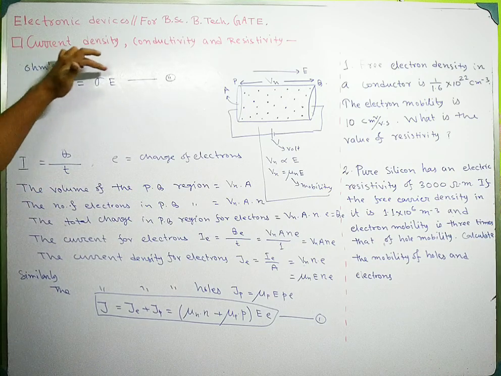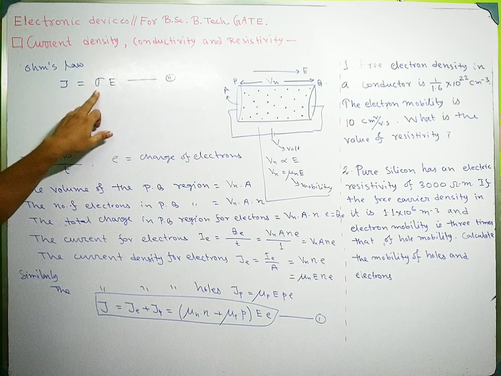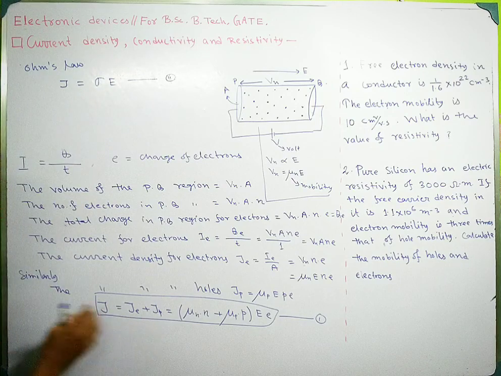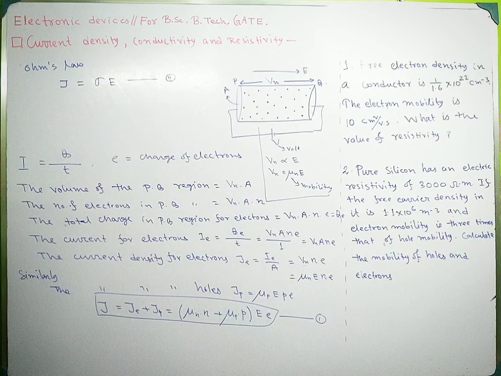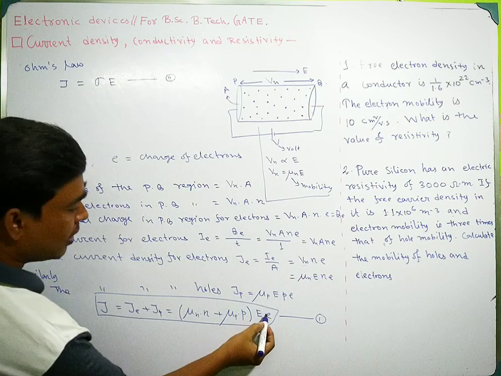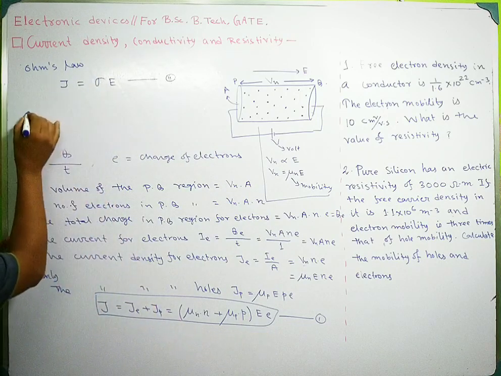This is a vector, this is also a vector. This sigma is conductivity. So if I compare equations 1 and 2,